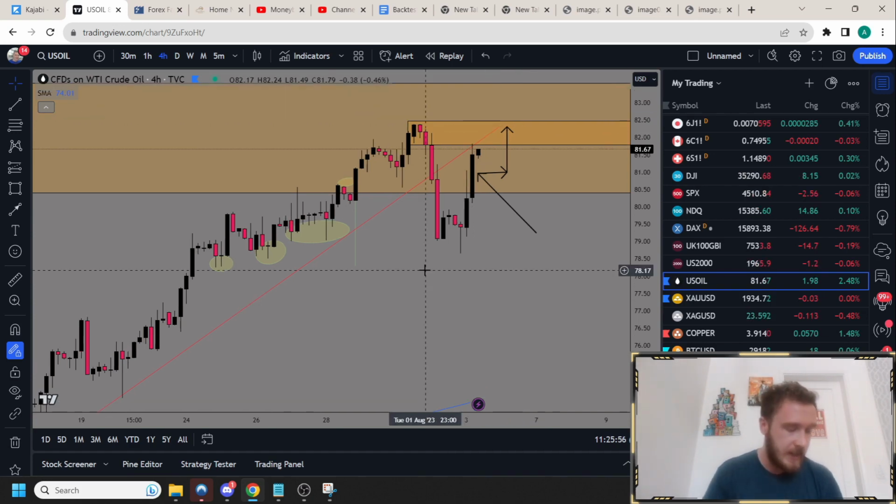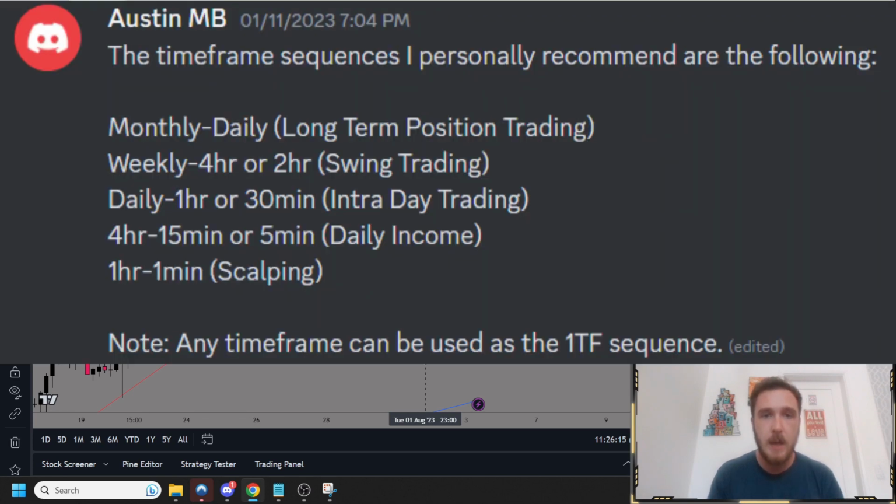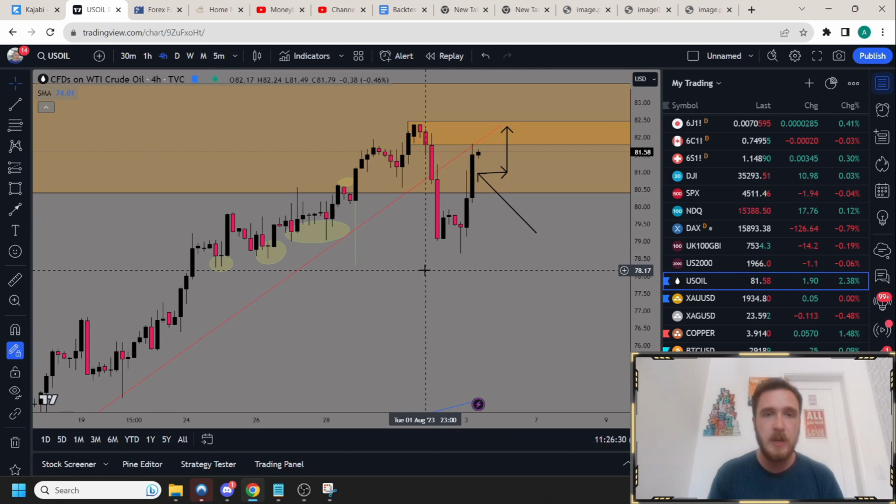Let's talk about number 4. Mistake number 4 is going to be multiple time frame analysis. You've got to consider what prices are doing on the higher time frame. I get this question asked a lot. What's the best time frame sequence? What higher time frame should I use if I'm going to use this type of trading? I will actually pop it on the screen for you guys. You can take a picture, send it to your mother, send it to your friends, tattoo it, do whatever you got to do. But those are the time frame sequences that I recommend using because it is important to understand